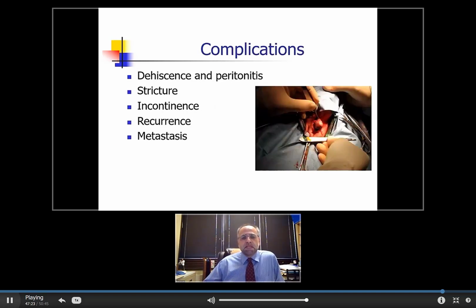As far as complications of these mass removals, we do worry about dehiscence and infections in these areas. Anything along the mucosal surface of the anus and rectum, we worry about strictures or certainly infections there. With tumors around the perineum, we do worry about incontinence and certainly recurrence or metastasis for any